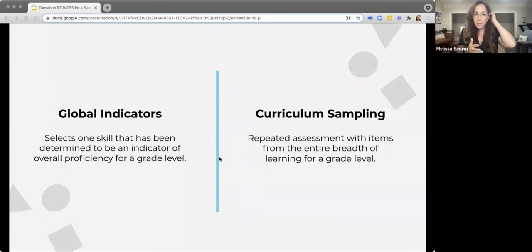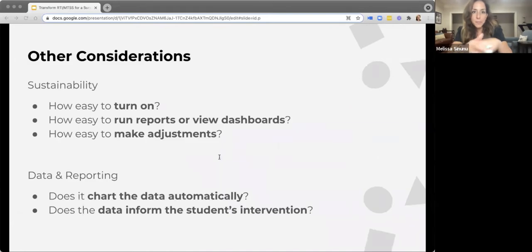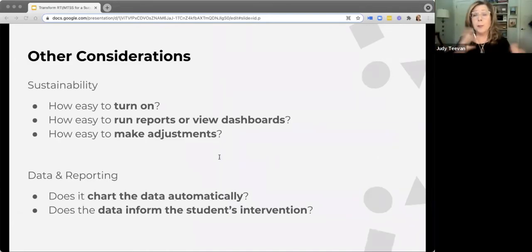So global indicators may be the most effective when you're concerned about a specific skill for perhaps a tier 2 student, while you may elect to use curriculum sampling for a student in tier 3 who's multiple grade levels below and is struggling in a wide variety of areas. Now, that said, both options are considered acceptable when you're looking for your progress monitoring tools. If you do select a platform with both options, you have maximum flexibility to use the test type that's right for each student in each tier. So there are a lot of great programs out there that offer both of these types of progress monitoring. NCII also offers a list of progress monitoring tools they recommend, and Classworks is proud to be represented there as well.